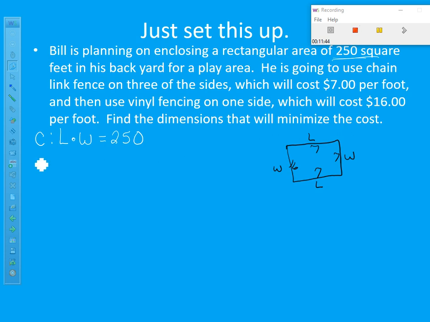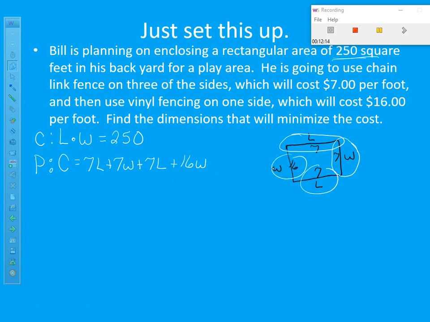Now, my primary equation, which is going to deal with the cost. Well, the cost of this will be the $7 times the length there, plus the $7 times the width there, plus the $7 times the length there, plus 16 times the length there. So if I simplify this, I've got 14L plus 23W,